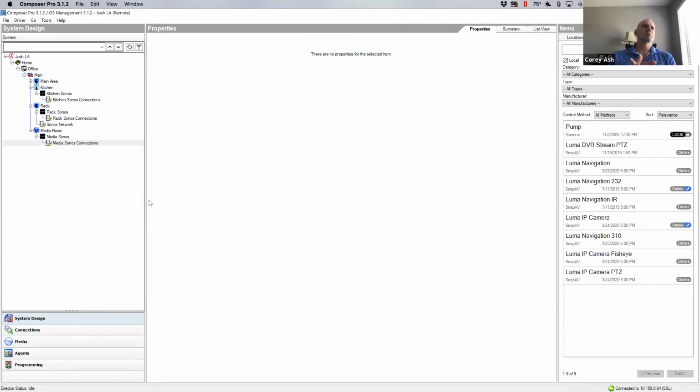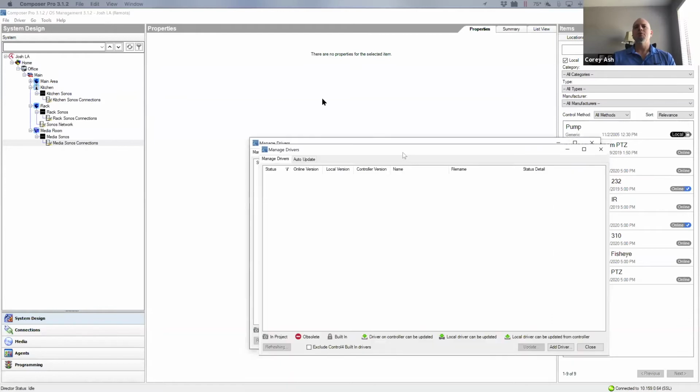So this Composer system is a really basic system, and this is our LA office. We've got 4 different rooms, pretty basic Sonos and some TV for the main area. We don't have Lutron on here, and I'll explain that a little bit later when I show you the Josh portal. So you get your driver, all you Control4 guys out there, you go here, Manage Drivers,